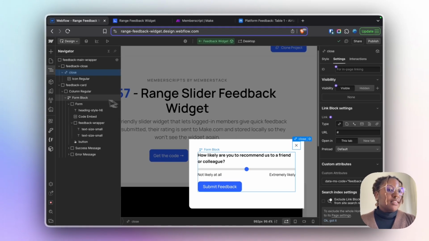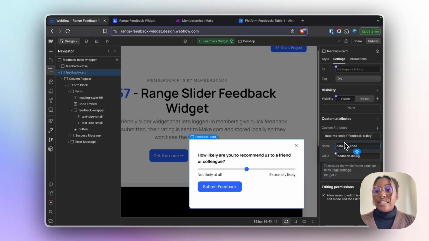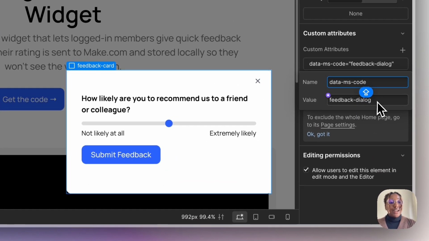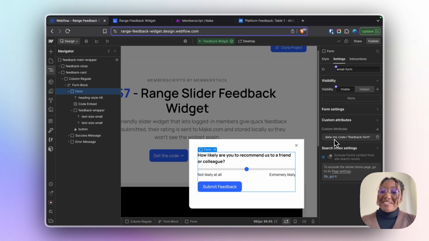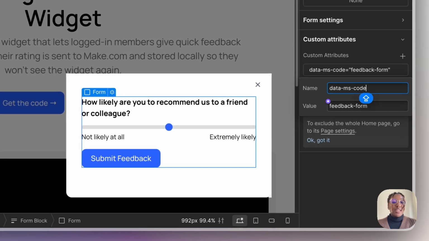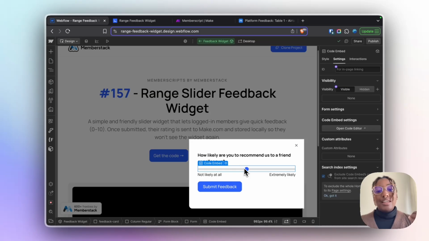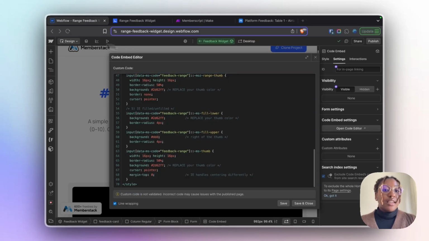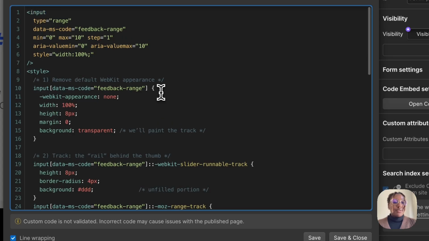modal. Okay. So going back in over here, you'll have another div within that, and that will have the attribute of data-ms-code feedback-dialog. And then for the form itself, we will have the attribute of data-ms-code feedback-form. Okay, so within the form, you'll have a normal heading over here, but then you'll have a code embed. And you can just copy this over to your site as well, and there's nothing you really need to change